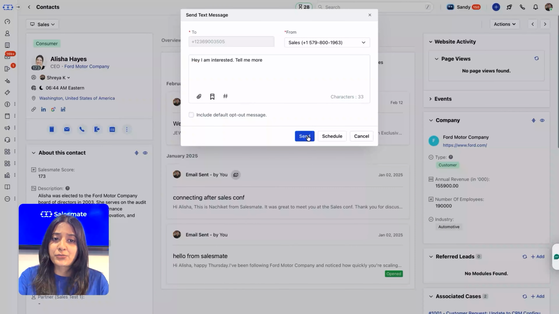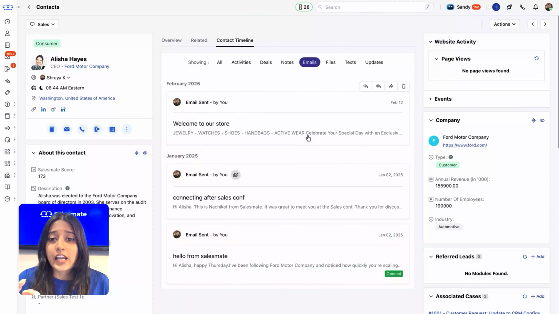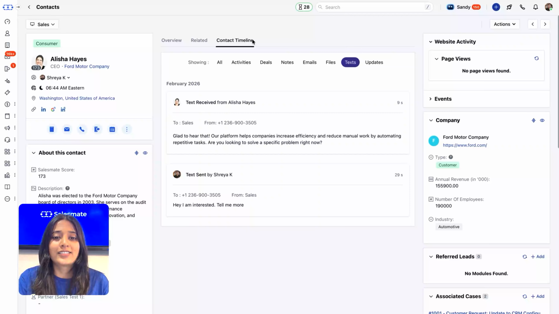See how the AI agent picks that up. It sees the interest, it understands the intent, it replies on the same channel, SMS to SMS, no waiting for a human. Now let's make it more interesting. Not every lead is warm, right? So I reply again as Alicia, and this time I say, hey, it seems that you guys are spam.